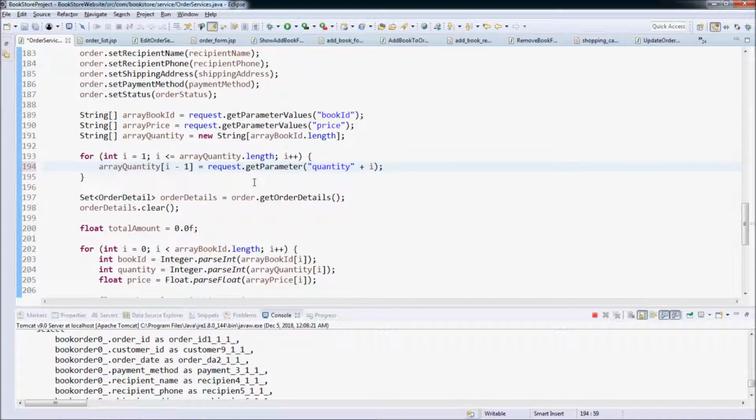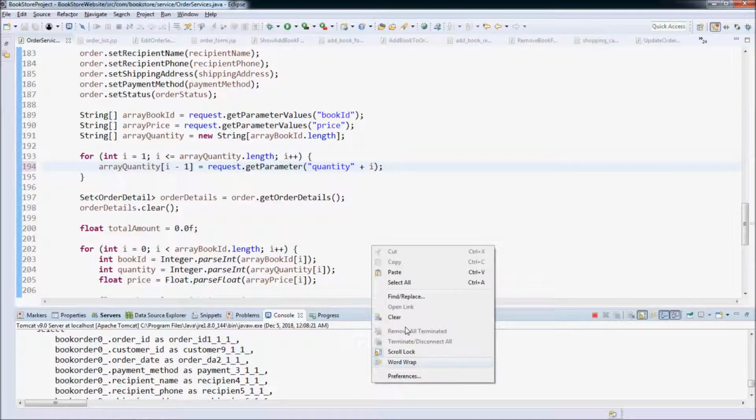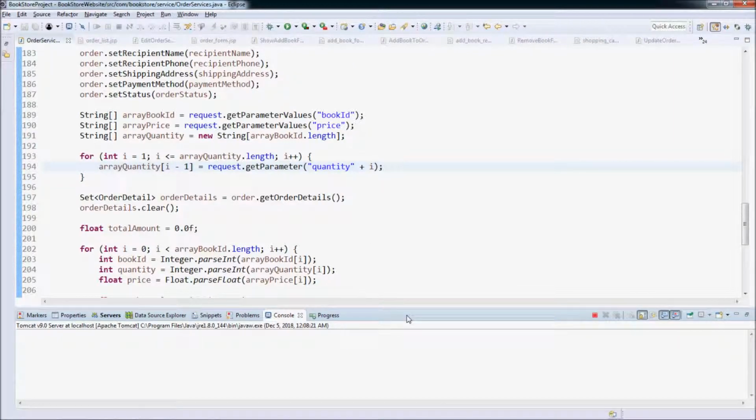Okay, and we need to wait for the server to reload the change so we can test again.